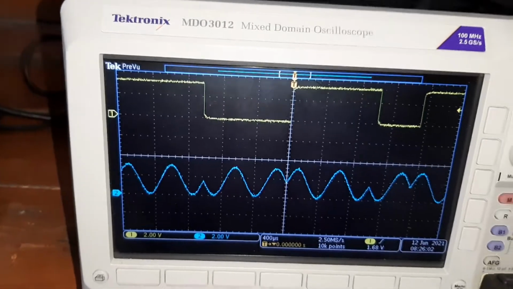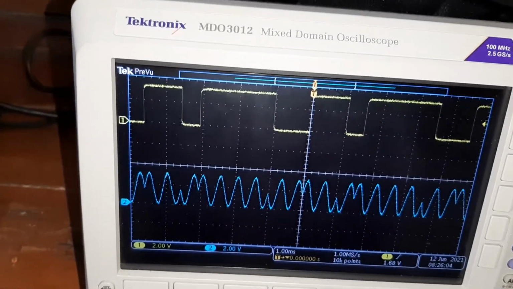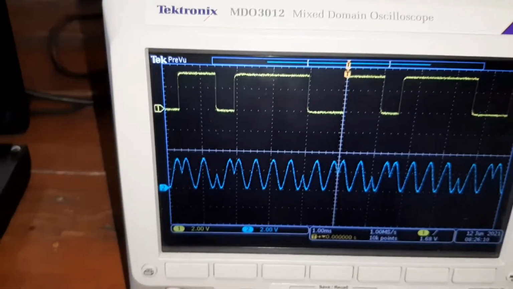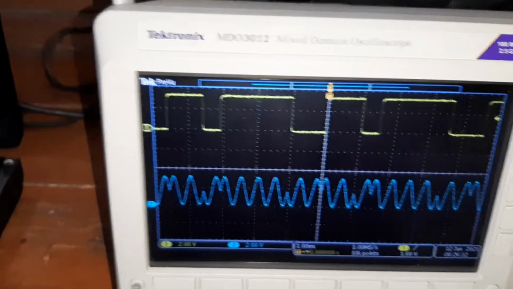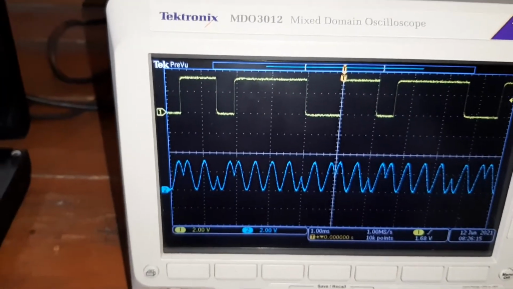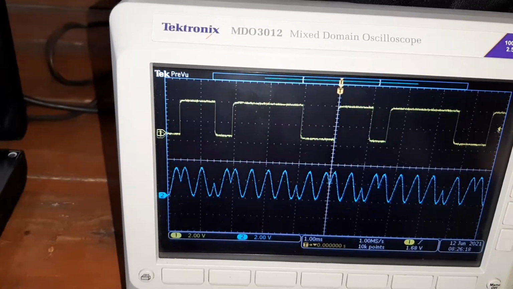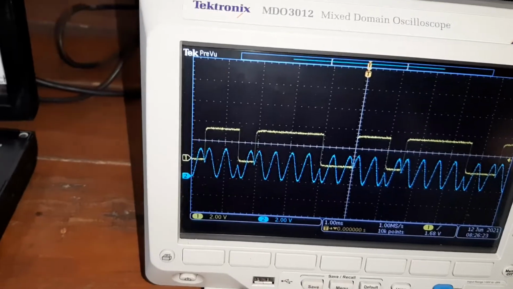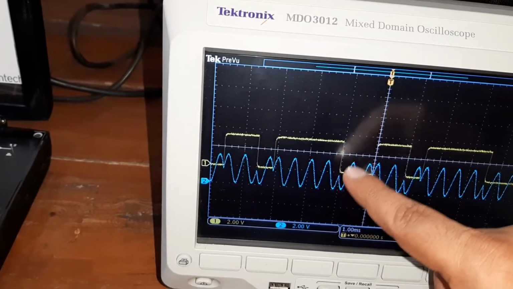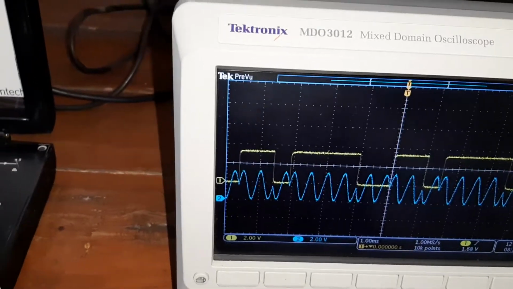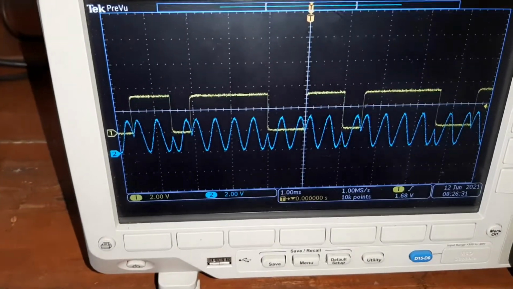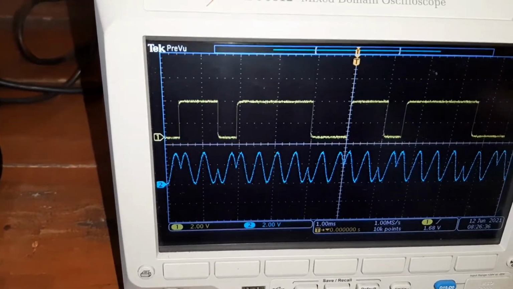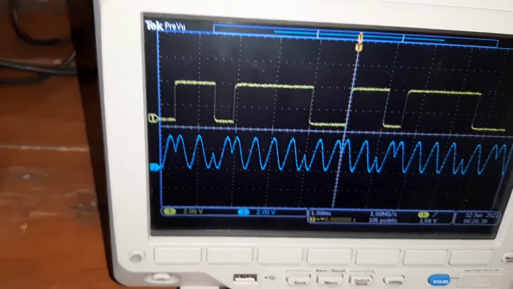Again the same theory applies: based on the zeros and ones, it can change the phase shift, or it can change the angle. That angle we can observe here. I will scroll through this channel 1 and channel 2, and you can easily analyze when the phase shifts change. Based on the input sequence of zeros and ones, it changes the phase. So that is the theory behind the DBPSK, differential binary phase shift keying modulator. So this is the concept of the